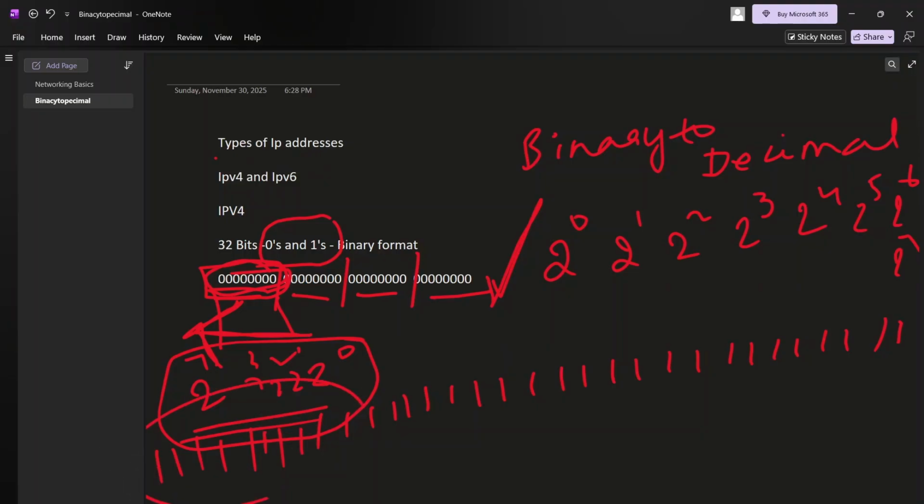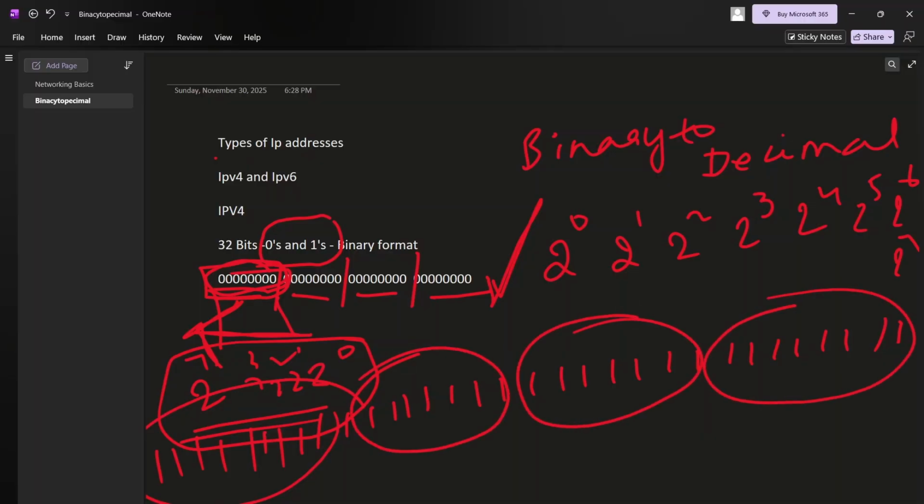So let's take 8 bits. I'm randomly taking 8 bits. This is 4 octets again. This is 8 bits, and this is 8 bits, and this one is 8 bits, and this one is 8 bits. So now if you are converting this value to decimal, we have to multiply with